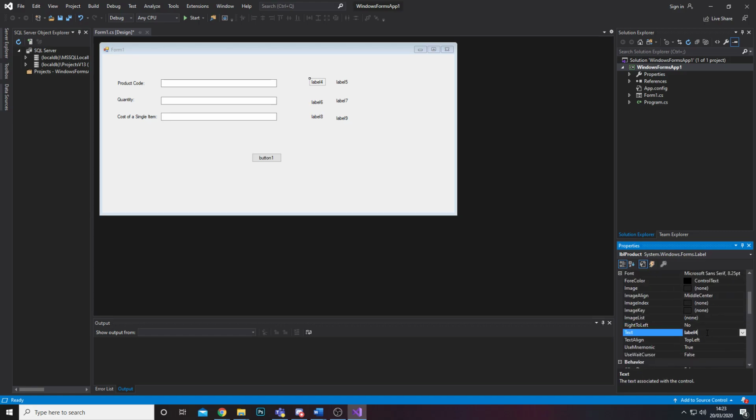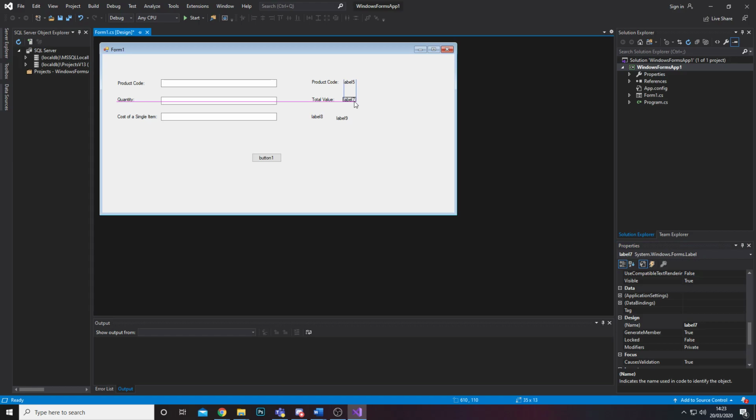So if I can just find it, there we go. I want to call it product code because I want to show what's been entered, so we'll do it like that, product code. And we'll just move LBL over a little bit, and then this one is going to be total value, so we'll just put total value in here like that, press enter and find LBL7 and call it LBL total, and then move that over to match there, and then this last one is going to be LBL zone,